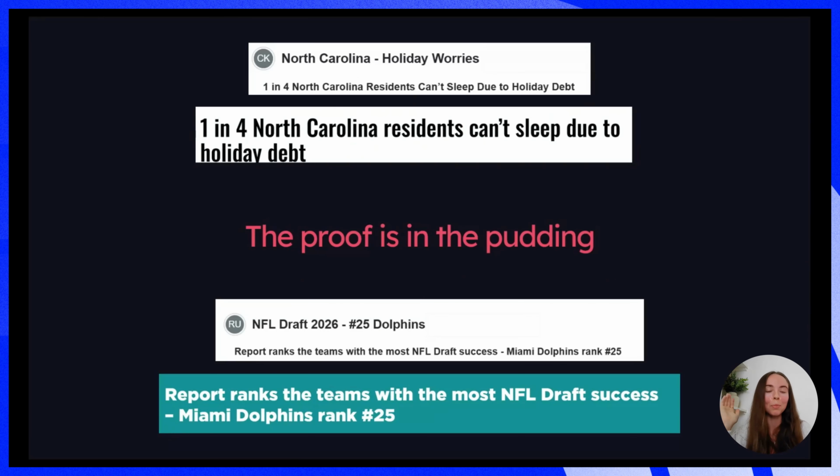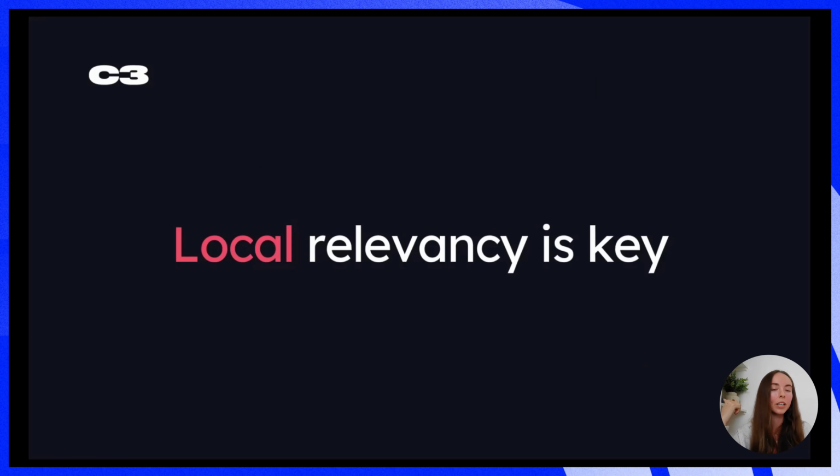And the proof is in the pudding. At C3, we always find, not always, but most of the time, journalists literally will copy and paste the subject lines that we outreach. The top one there is the campaign I was outreaching for our lifestyle client, and it literally did get lifted and uploaded onto a North Carolina news site. And as well, one of our iGaming team members for the NFL draft repeatedly finds that the journalist loves to literally just copy and paste. And I think this just tells us everything: that the story is clear, it's relevant, and it's just ready to use for that journalist.